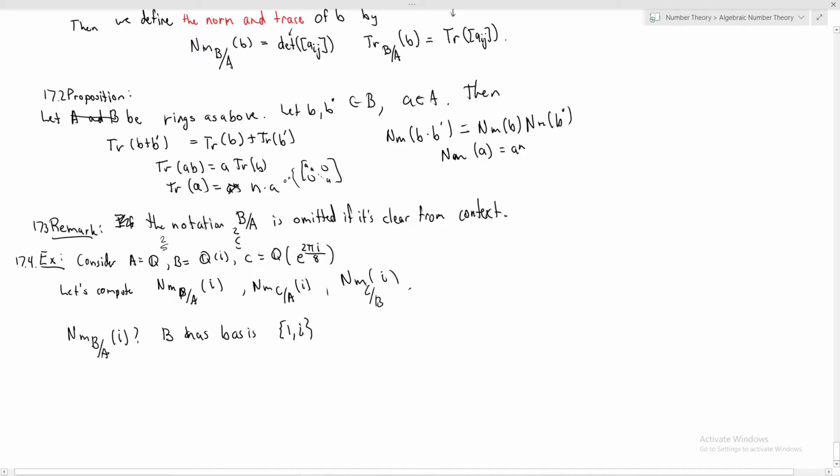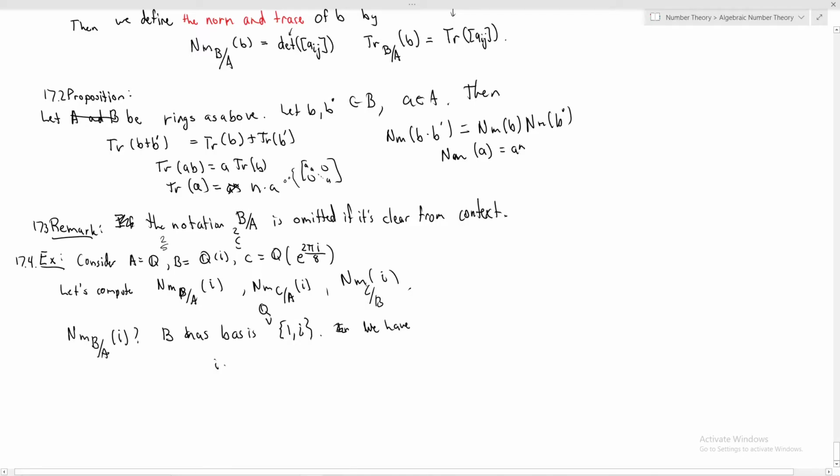Just making sure I'm not making any mistakes here. Yeah, I think this extension here should still be of degree 2, because I think the whole thing is of degree 4. Okay, so B has basis... This guy has, I guess, Q basis. Should be specific because we've got a lot of rings floating around. In this basis, okay, we have,